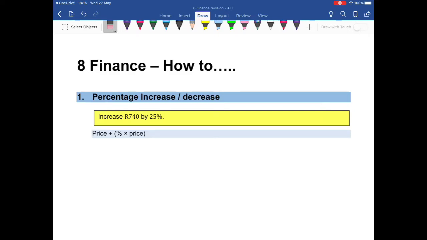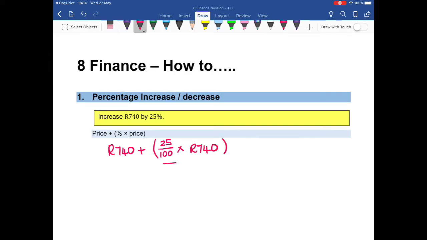Now the method. We're going to take the price, which is 740 Rand. We're going to increase, which is add, 25%, and remember I said to you, let's always write it like that, then you will never get confused as to whether the percentage is a unit or part of the calculation. Okay, multiplied by